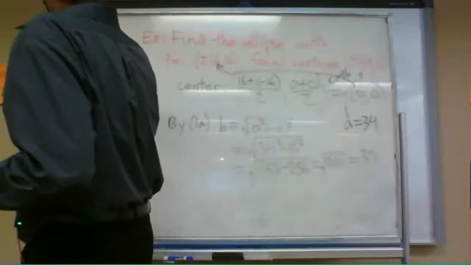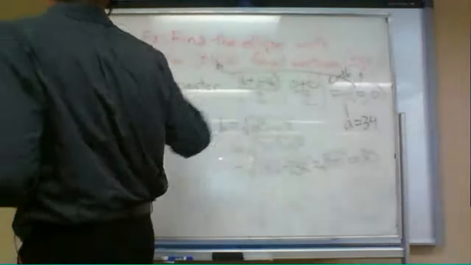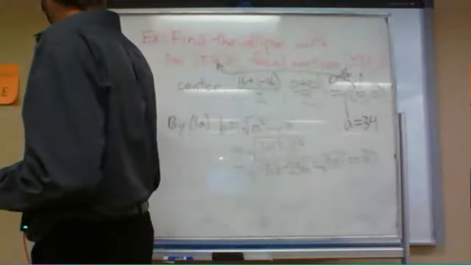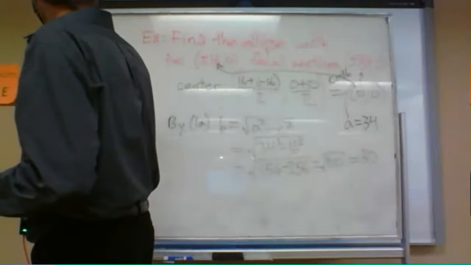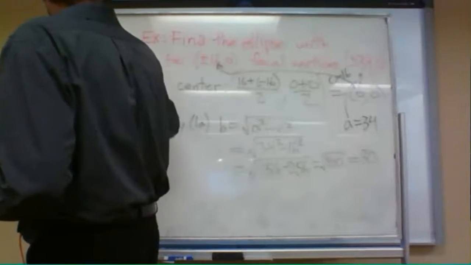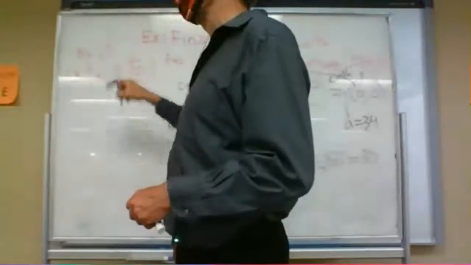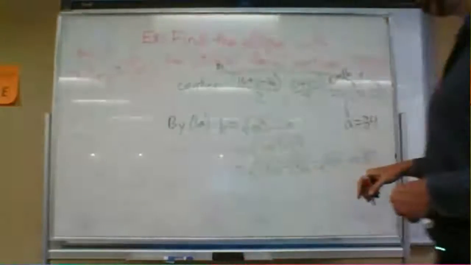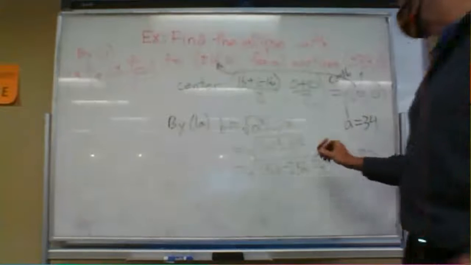By equation 1, this is an ellipse at the center, so we don't even have to shift it. We just write x over a squared plus y over b squared equals 1. If it was shifted, I would have to put x minus x naught, y minus y naught in here. But we already know that it's horizontal